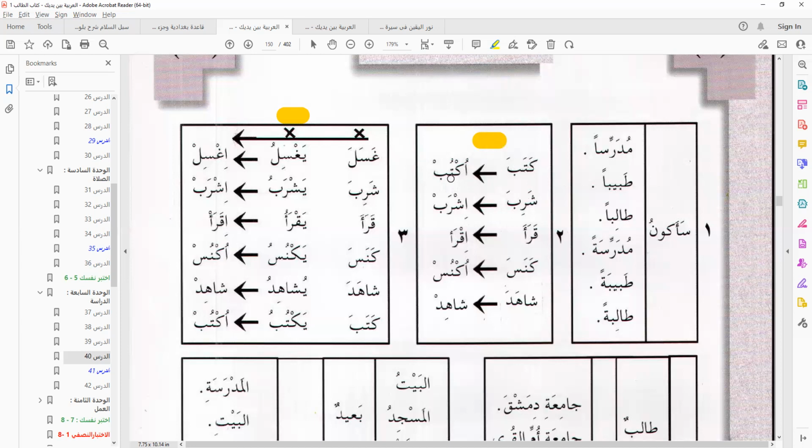You're going to give me either the Amr or the Mudari, as the case may be. For this one, I'll read out the Madi and you're going to give me the Amr. For the next one, I'm going to read out the Madi, and you're going to give me the Mudari and the Amr. So you have a minute, study this while I wait here.